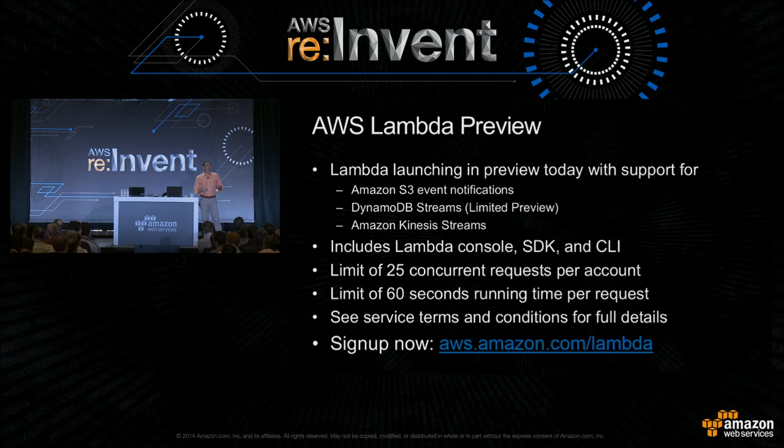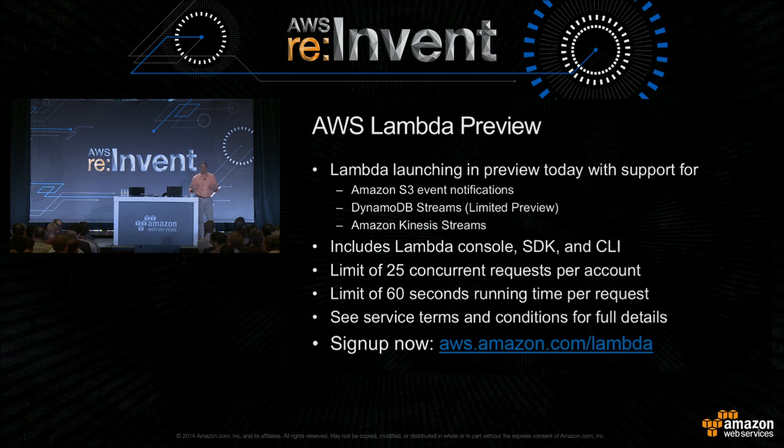It includes support for DynamoDB streams. Those are also in limited preview. And so if you're interested in trying the combination of both, you'll need to join the limited preview for Dynamo streams as well as the Lambda preview. And we also include support for Amazon Kinesis streams. So if you want to be able to trigger, transform, or operate on stream data, you've got that built in as well. The console I showed today, along with the SDK and the CLI, is included in the preview,